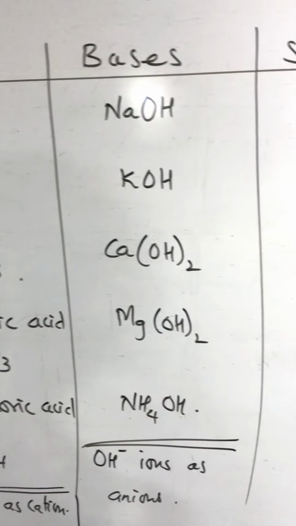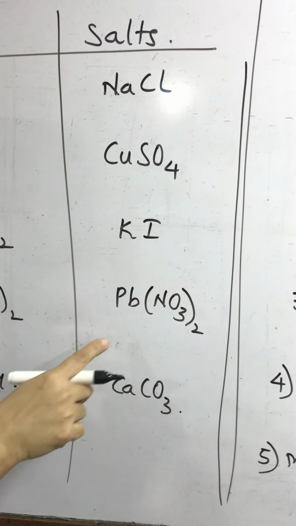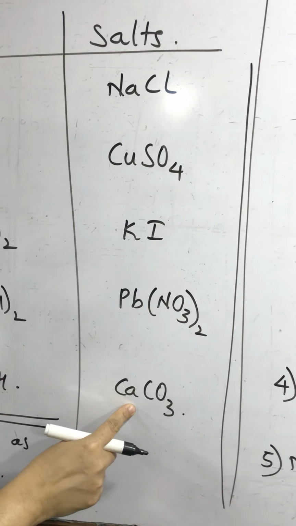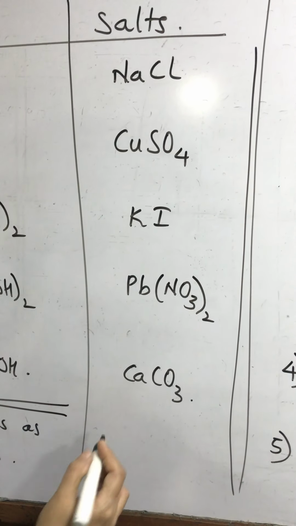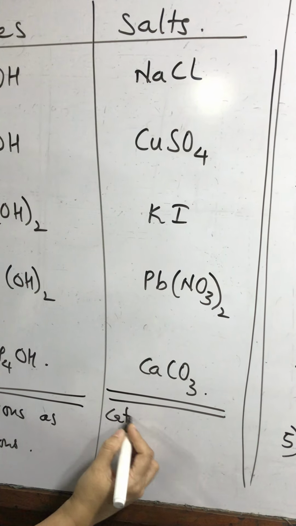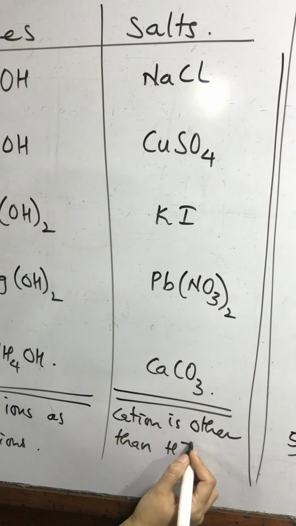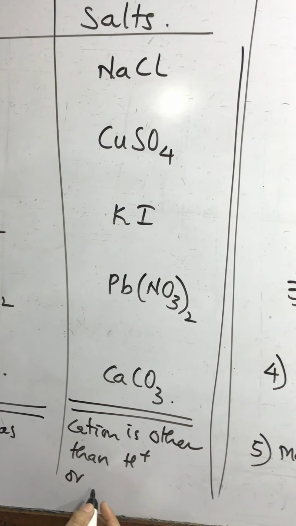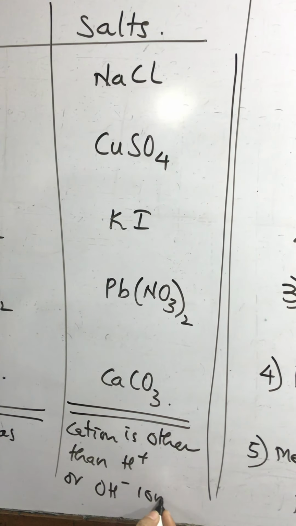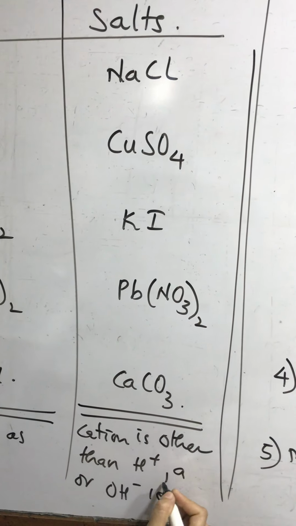Now let us look at the examples of salts, that is sodium chloride, copper sulfate, potassium iodide, lead nitrate and calcium carbonate. The list is infinite. In all these compounds you don't find anything common. So in salts the cation is other than H plus ion. That means H plus ion is not there. Any other ion will be cation. Or there should be no hydroxide ion. So cation is other than H plus ion and anion is